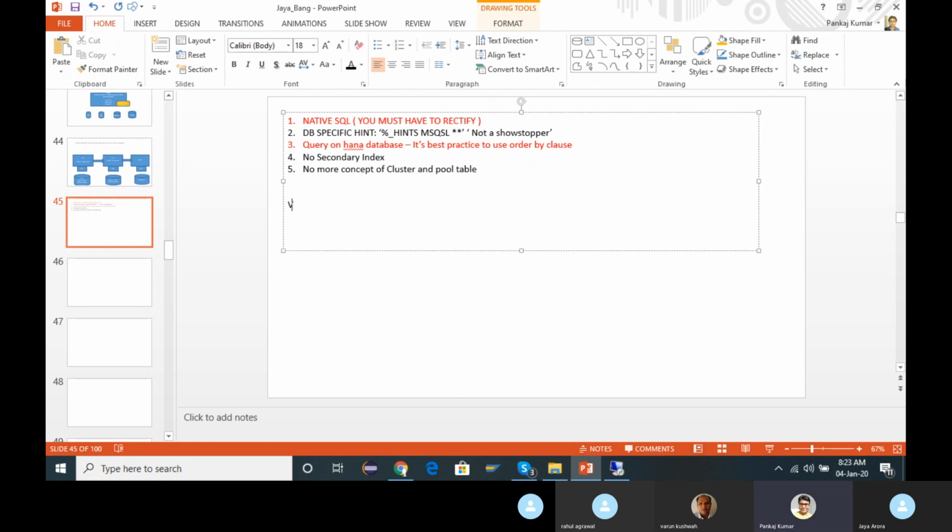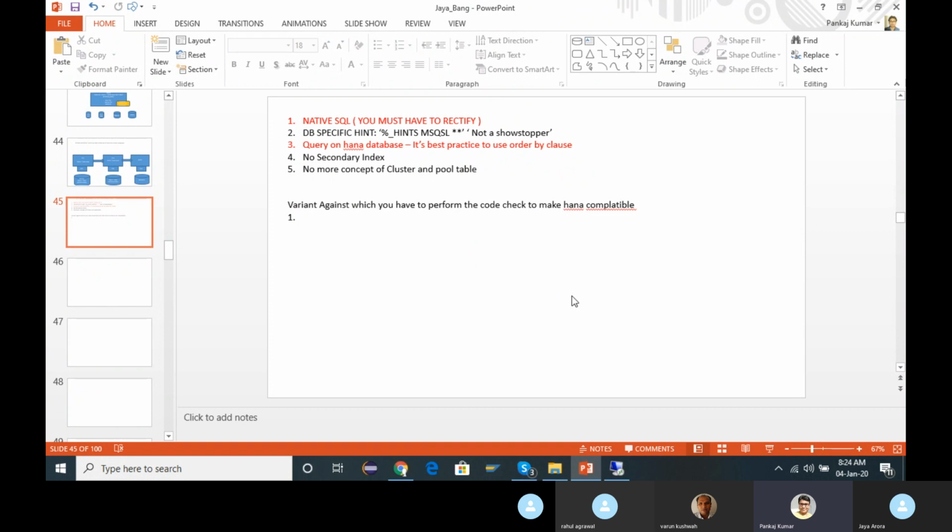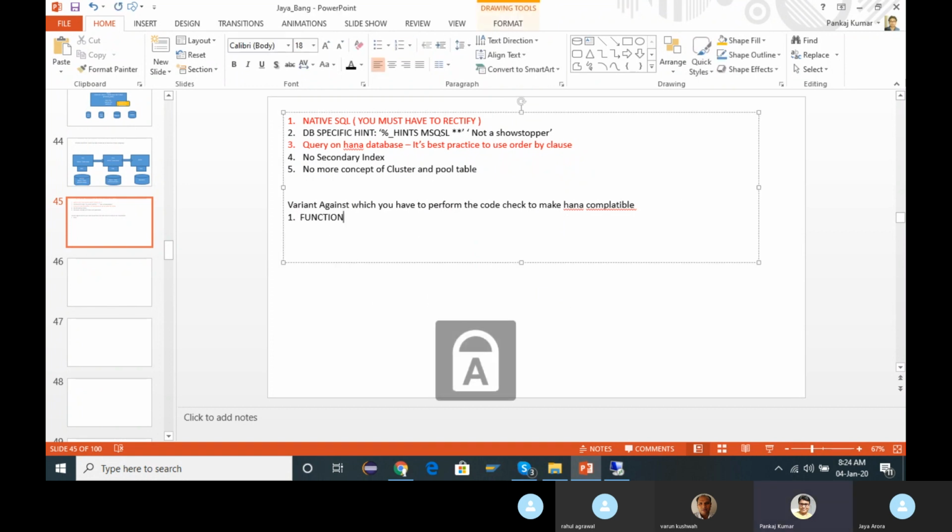Okay, so I will just note down the variant against which you have to perform the code check to make the code HANA compatible. This is the minimum criteria: against the functional DB, you must use this variant.